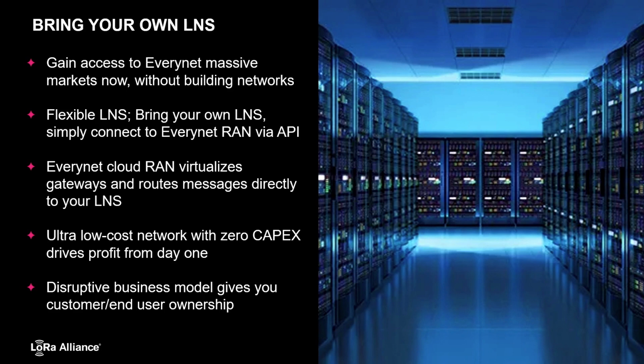The value is that if you already have a network server deployed, you can easily integrate to our radio network. If you don't have a network server deployed and you're doing development in ChirpStack or on the Semtech developer portal, it's an easy way to migrate over into commercial production ChirpStack and use our